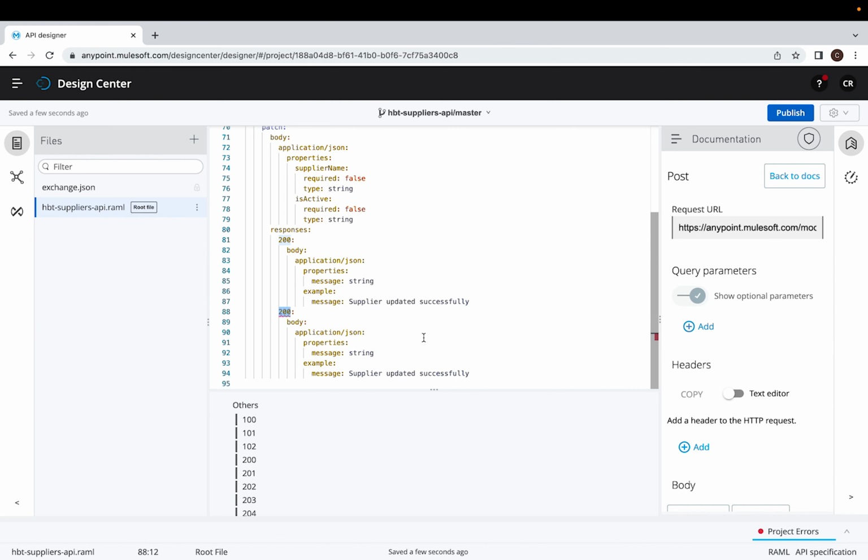So you can mention, for example, a 500 or 400 or 401. You are going to make sure what kind of response you are going to throw from the actual service. That information we need to provide here. For example, there is a 401 error. So 401 is actually an authentication issue. So we want to mention message